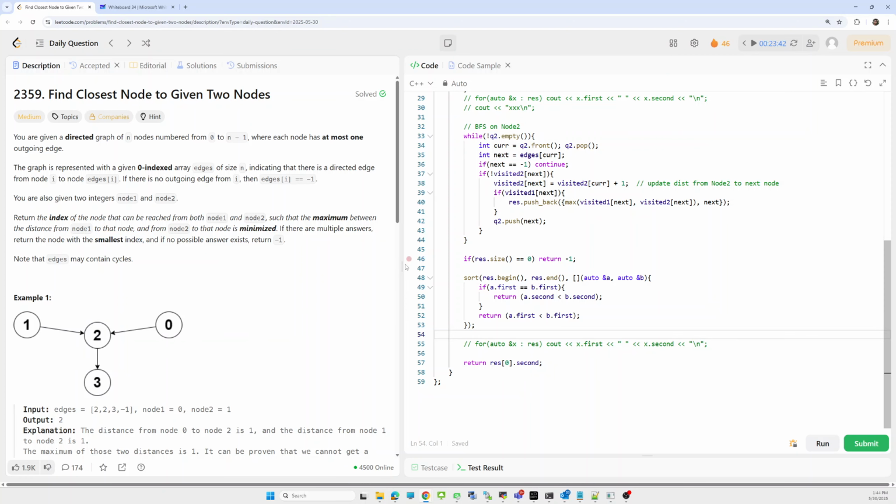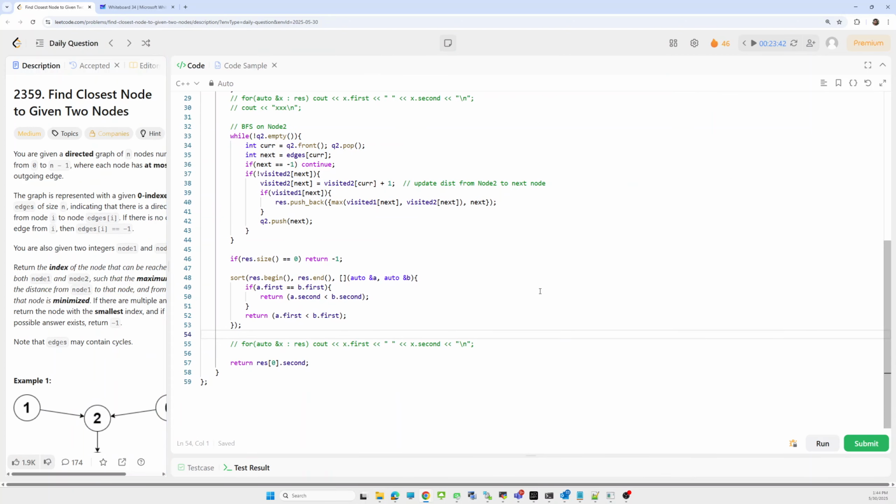So we need to sort that list. We apply sort on the list with a lambda expression. If the minimum distance is the same, we sort based on node value; else we sort based on minimum distance. In the end we return the first element of the resultant list, resultant of 0 dot second.